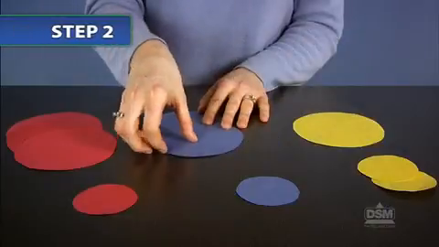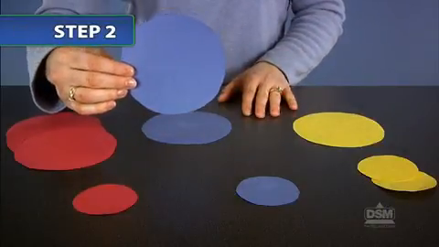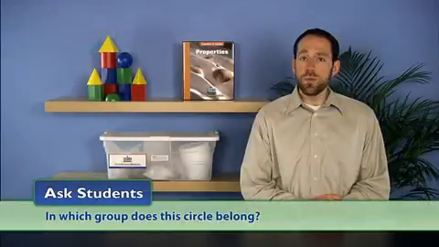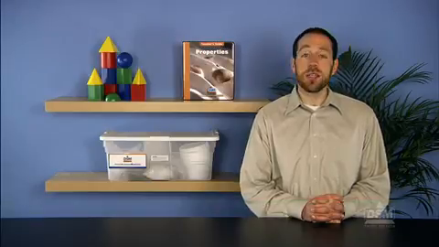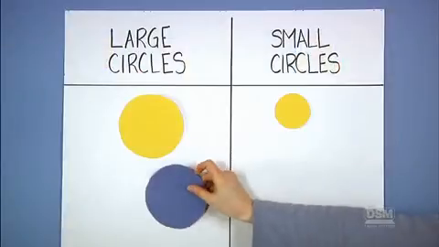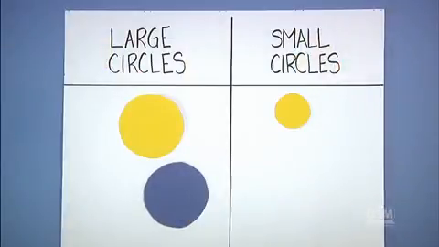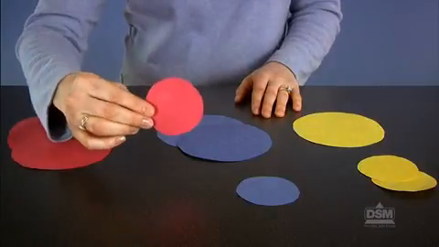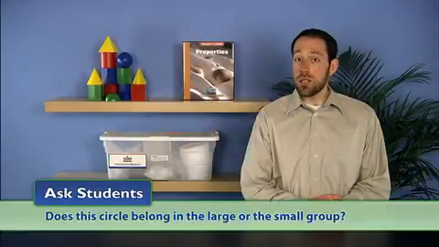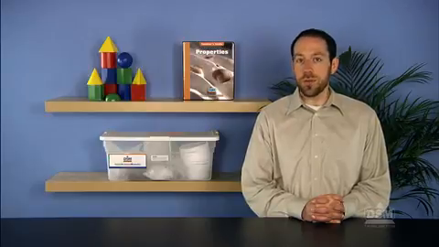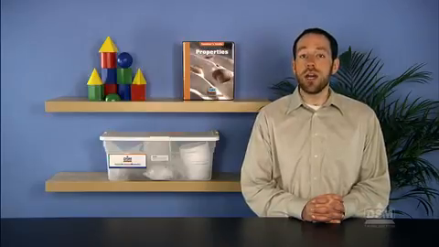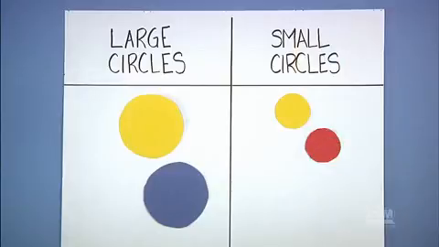Next, hold up a large blue circle from Group 1. Ask students, in which group does this circle belong? They should say that the large blue circle belongs in the large group. Place this large circle under the large circles column. Next, hold up the small red circle and ask, does this circle belong in the large or the small group? Students should recognize that the small red circle belongs in the small group. Place this circle under the column marked small circles, and continue the same sorting method for all the remaining circles